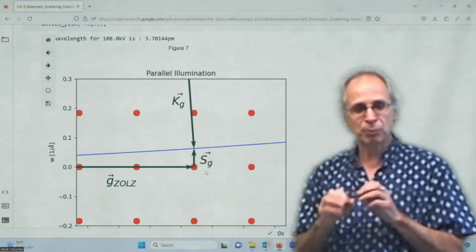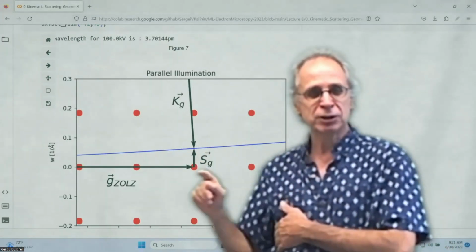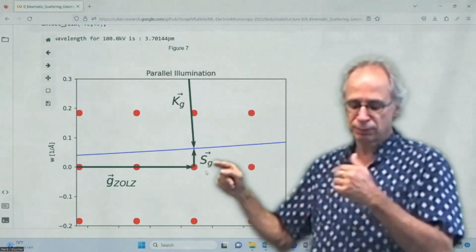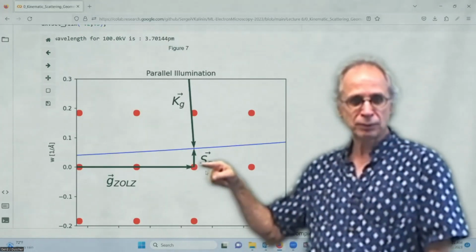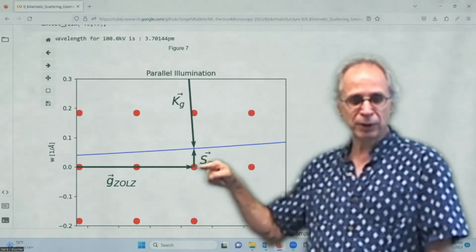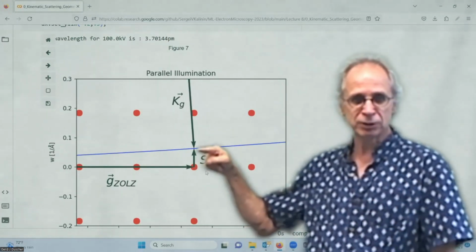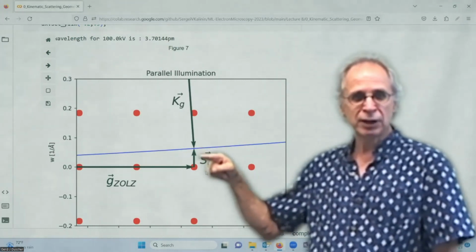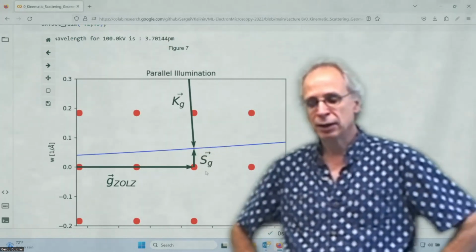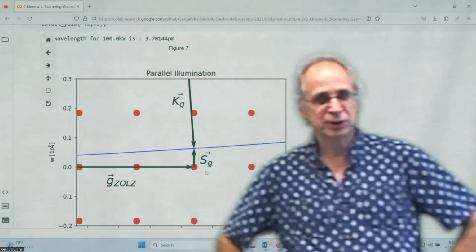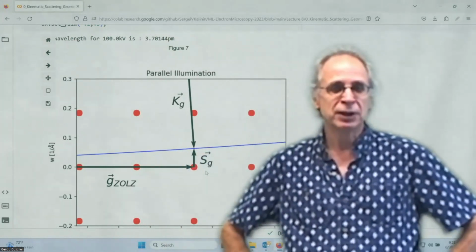And the vector between the reciprocal lattice point, which is our Bragg condition, and the Ewald sphere, that is what we call the excitation error. So this is a very important vector,